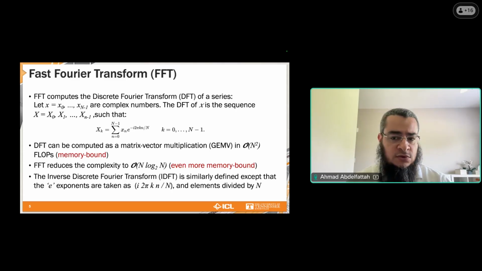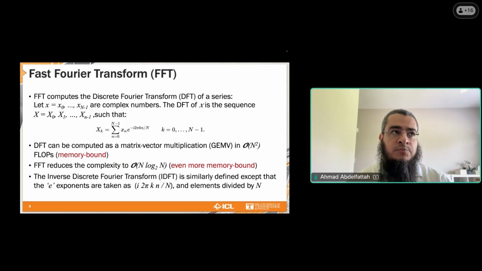So to begin, I think everybody is familiar with the FFT. It's one of the top 10 most important algorithms of the past century. It's an efficient way to compute the discrete Fourier transform. So if you have a signal X in the time domain, you can transform it into the frequency domain using this formula here. I think many of you are familiar with.